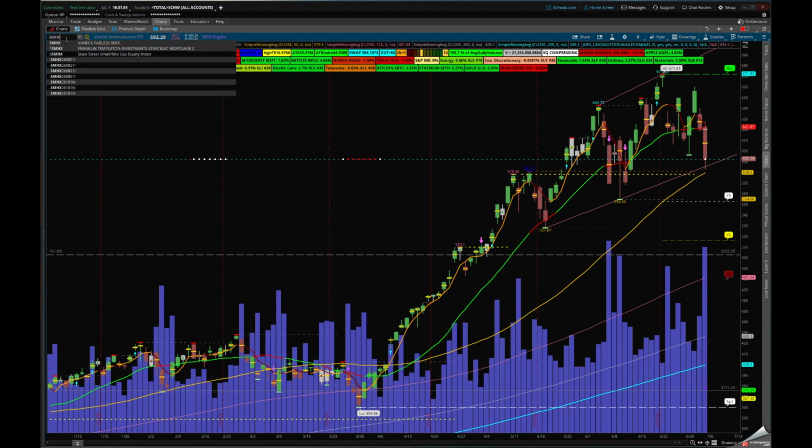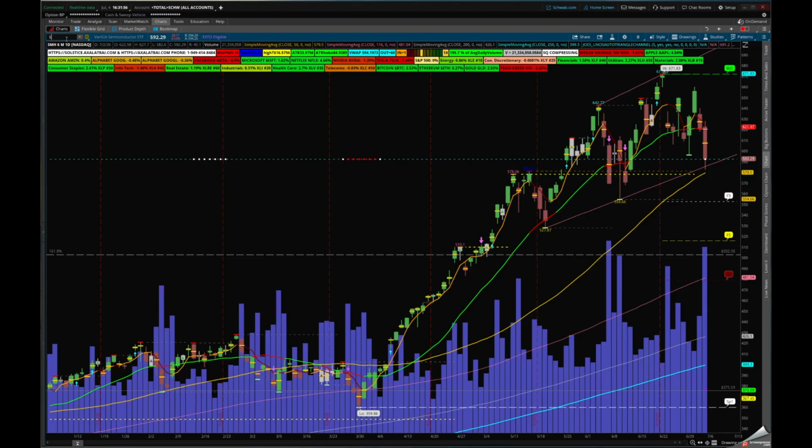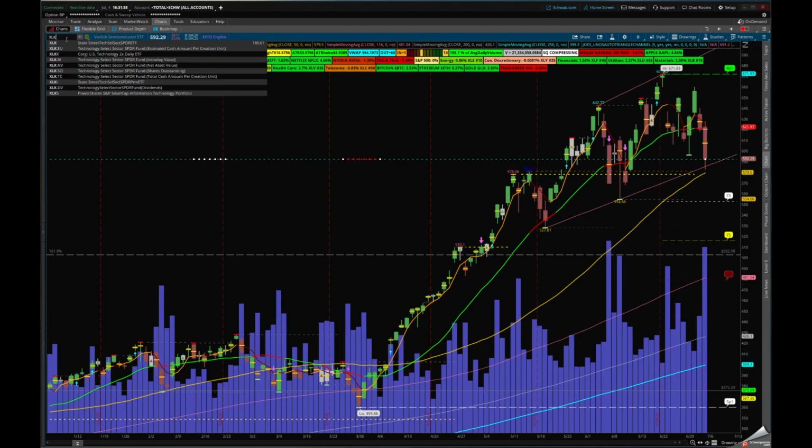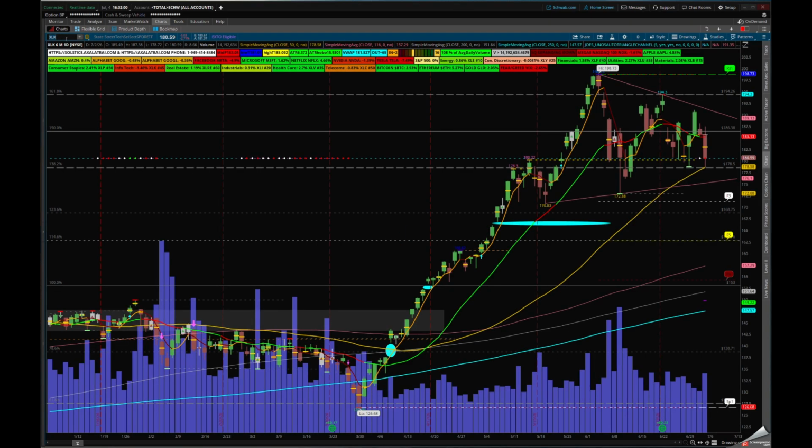Let's take a look at the XLK, the tech sector. And what we can see in the XLK, we are in that symmetrical triangle. We do have this gap up here. You can see we're creating lower highs and higher highs from here. We held the 50 SMA and that double bottom. If there's going to be continuation, that's great, back to the upside. And if we end up losing the 50, I'm looking for the backside of this channel and the area here